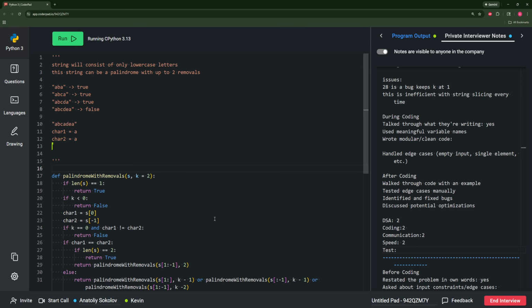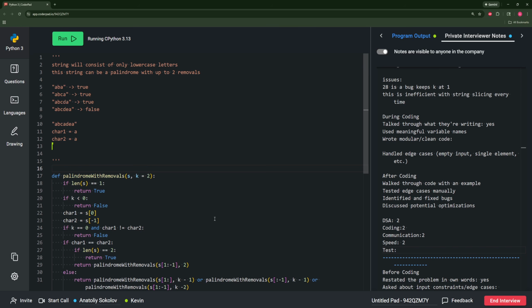The first two conditions are not going to return. K is not equal to 0, so that's not going to early return. And since they are equal,